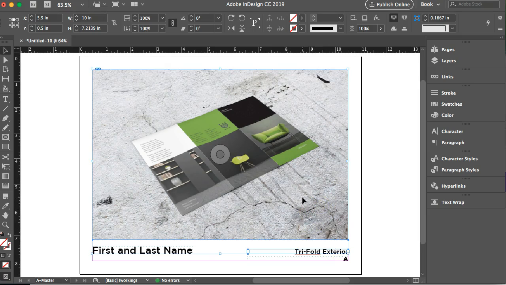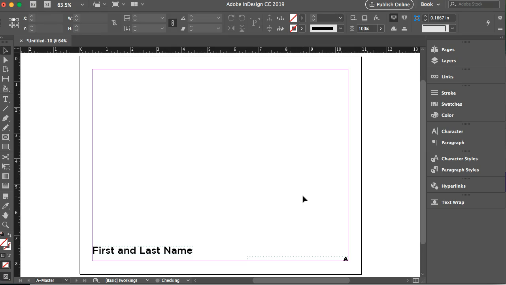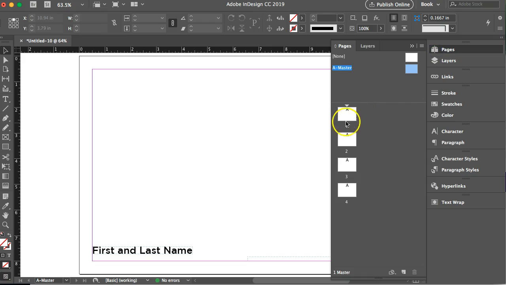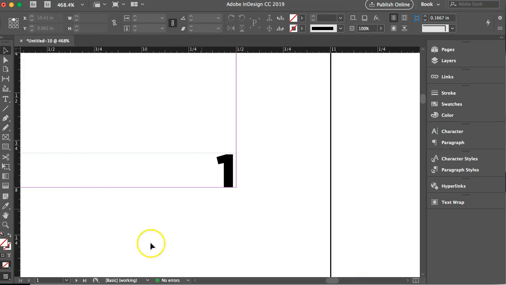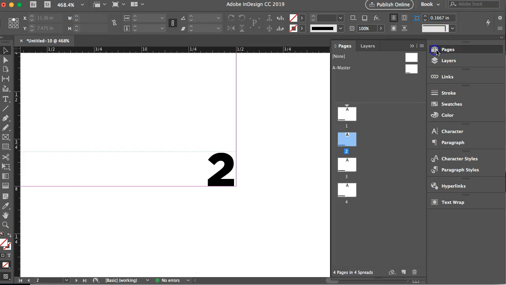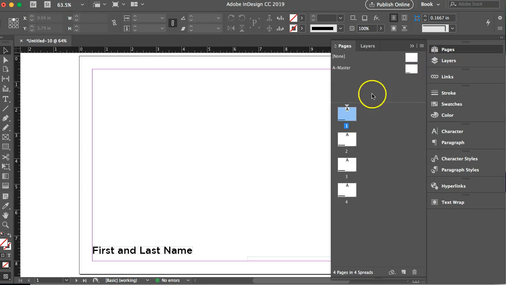So what I'm going to do is cut that, and then we go back to our pages and we go to our first page. And as we can see here, we've got the number 1. And if we go to our second page, it's 2, okay? And so on. So let's go back to our first page. Of course, we can come to Pages here, double click on that. All right, and then what we want to do,